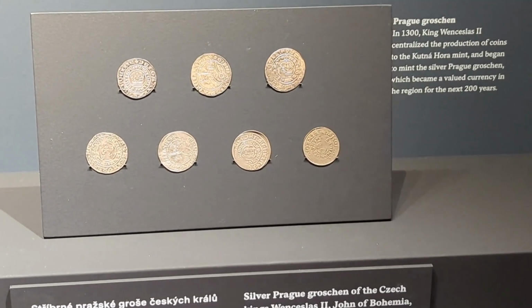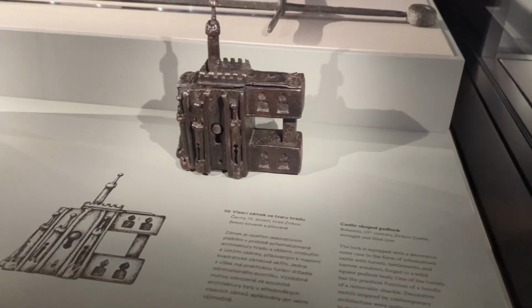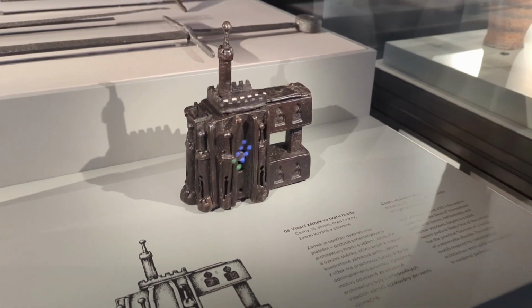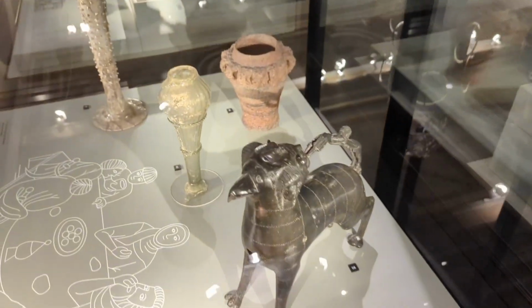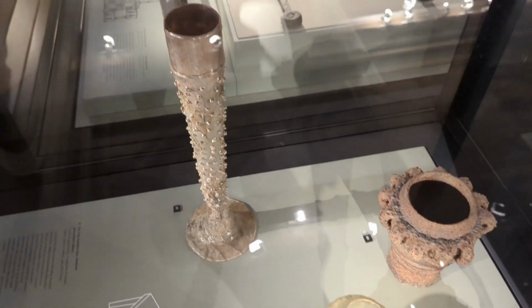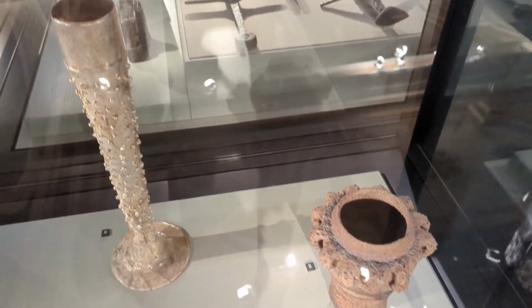You'll see here a bit of the silver, which was the main economical resource of Bohemia. Here is an amazing lock which looks like a cathedral from the 15th century. Here you see the arts of the table with glasses, beautiful, very tall glasses typical from Bohemia, but also the